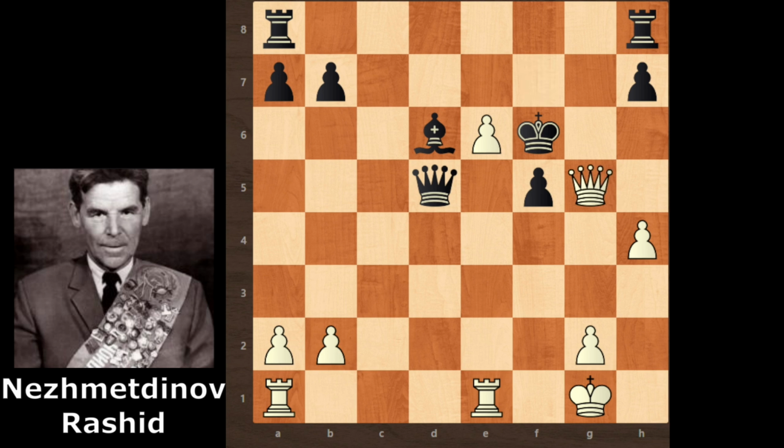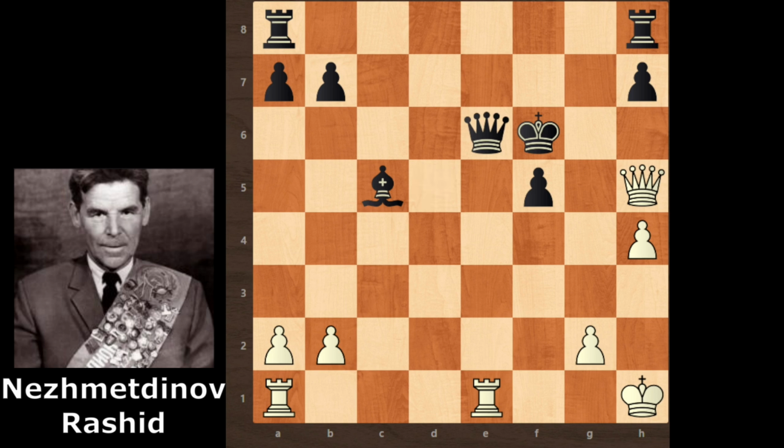And also queen g5 is checkmate, because this f7 square is covered with a pawn. So the king has no moves. So black continues with bishop c5 check and Rashid moves his king to h1, and now black can't give any check. So black prevents this checkmate with queen takes e6, and the final move from Rashid, queen h6, and after